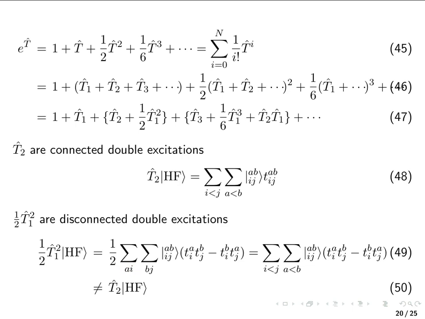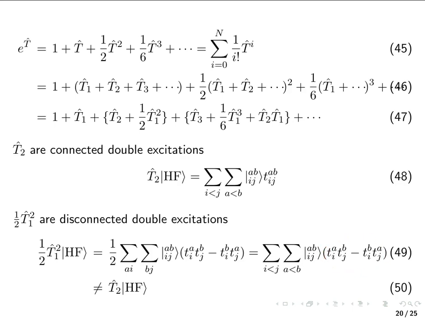I sum freely over A and B and I and J, which I don't do here in this expression for the connected double excitations. And if I want to combine those two in one summation, then I also can restrict the summation, and then I would have to multiply the amplitudes by 2. So this takes the 1/2 away. Now, these disconnected double excitations are clearly not the same as the connected double excitations. Well, the determinants are obviously the same, but the amplitudes by which the determinants are multiplied,